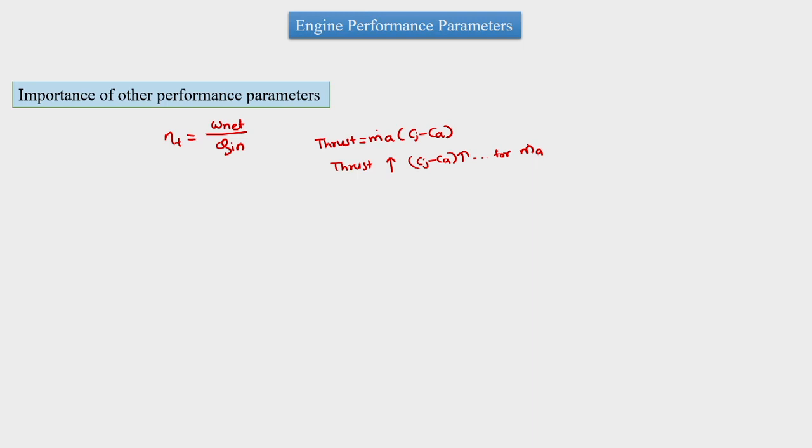The other way to increase the thrust is to increase the mass flow rate for a small or given velocity change. So here we are handling more mass but having a small change in velocity. So these are the two basic ways by which we can increase the thrust,